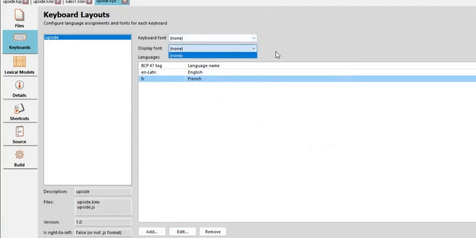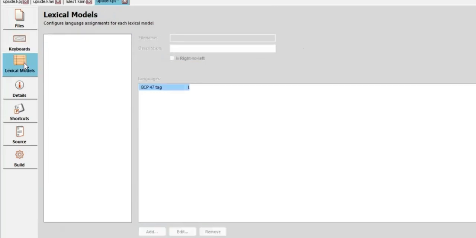I could also add particular fonts if I wanted to, and I can add a font on the keyboard and also add a display font for showing the actual characters that are produced. I can tell Keyman if it's going to be a right to left layout, or I'm sorry, a right to left language. And I can do quite a bit of other things with this under the keyboards. More advanced things that I'm not going to talk about today include generating lexical models. A lexical model basically is a list of words that allows people to define